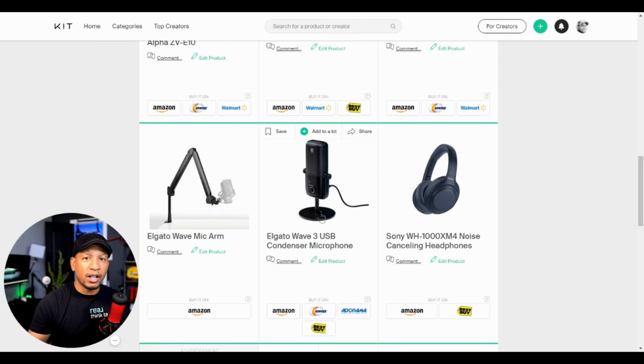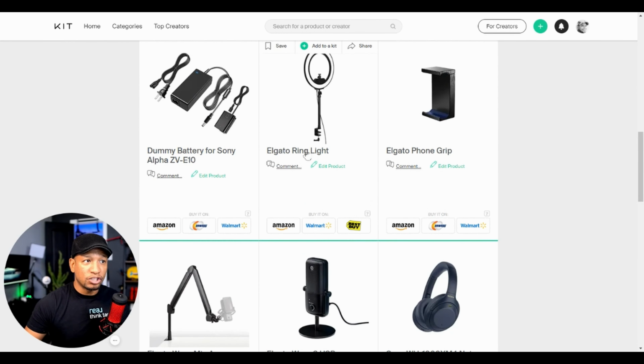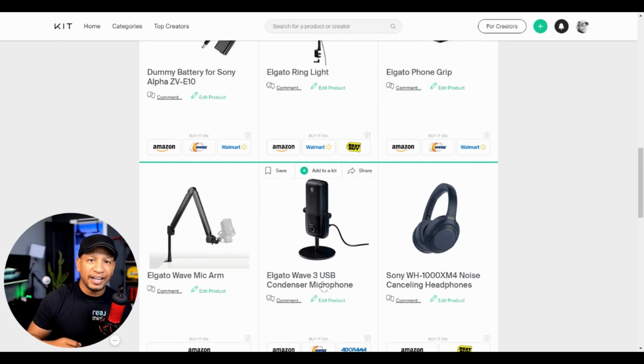Again, it works well because it's an Elgato mic, and it meshes with all of these. I know that all the screws will fit. I know that when I plug it in, it sees the ring light. All of it works well together. And the key is,